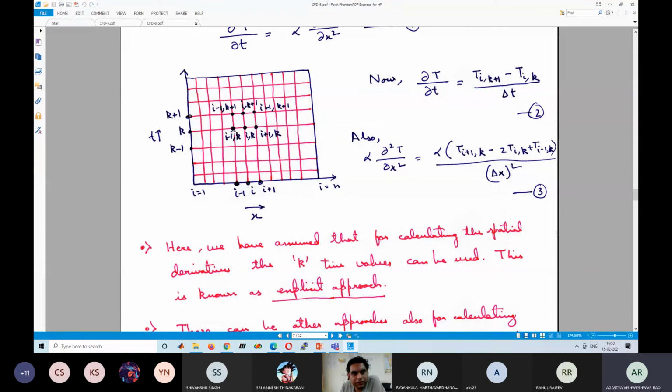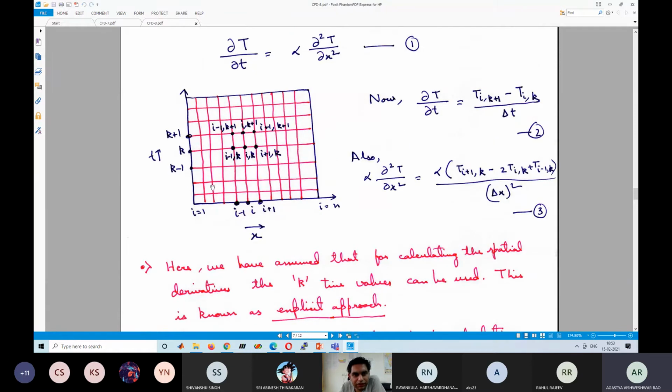We could have written it. The way we will proceed is that we start from the bottom line. All the values at the bottom line are known because this is the initial condition. Then we find the next line values. I will come to your question. Once we find all the next line values, because these are now known, we proceed to the next line. Using central difference, for calculating this line you need the two previous line values. Because you will have the two previous line values, you can always calculate the next line value.